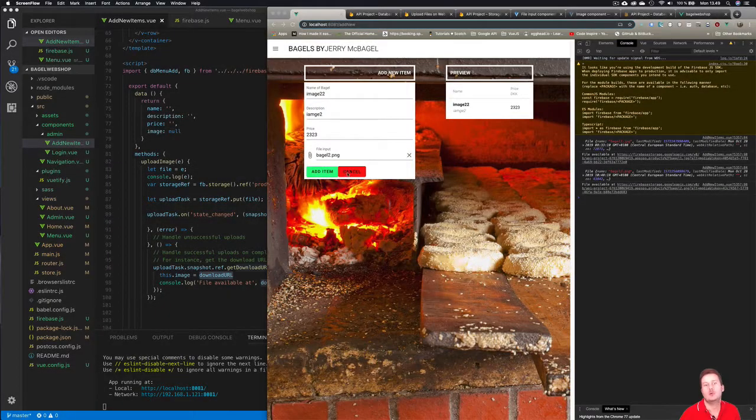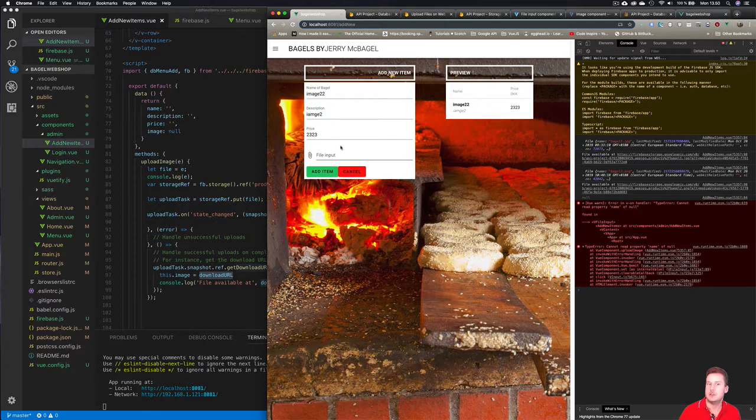Let's set up. So we're going to disable this button until the image is actually uploaded, and that will also make sure that the file is uploaded. That's one thing. So I want to make sure that's actually attached to it, and the other one is I want to also make sure that we actually have an image attached to a product. So we can't click add item until this one is here, and you can do the same for these. If you want, you can type required in your HTML for this, and then all 4 things need to be